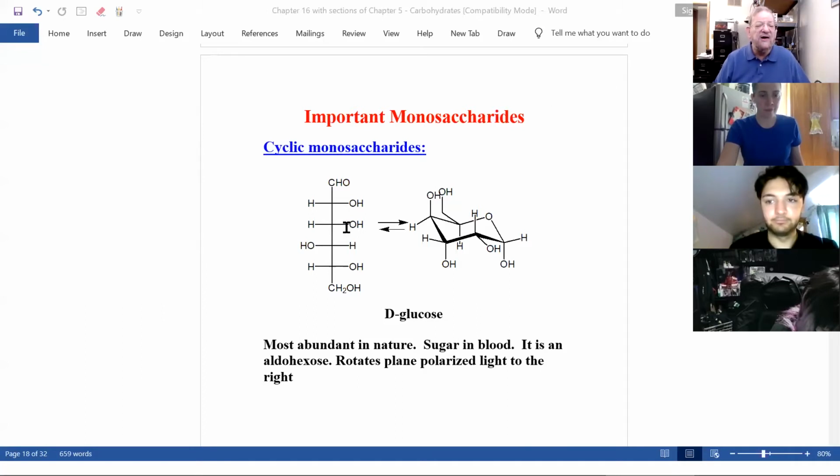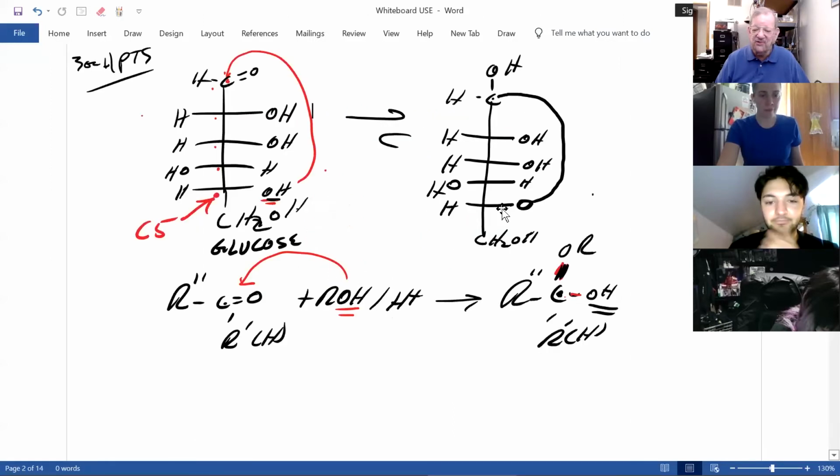But anyways, which is easier? To see this and have to write this, or do it this way? I hope you all agree, at least I've found from experience with students, this is the easier way. And don't tell anybody I'm being nice. Shh. But anyways, that's for glucose. Now, if we go back